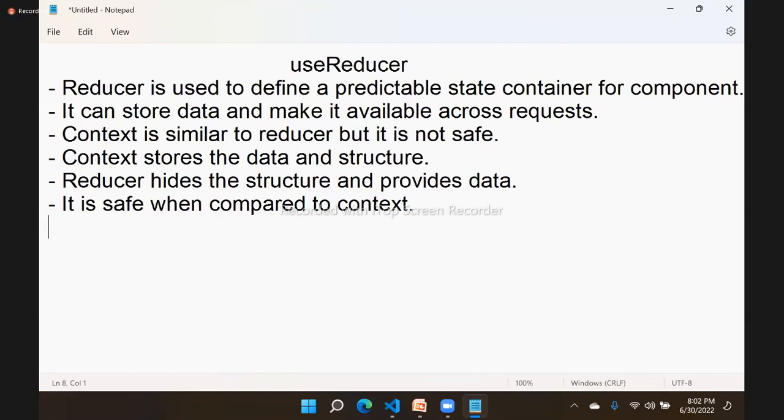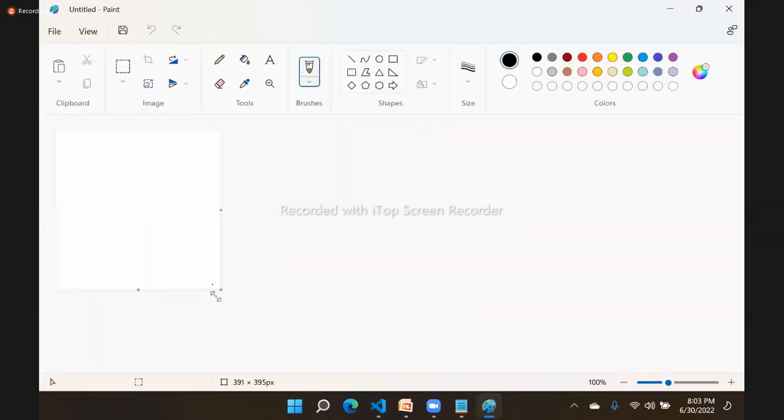Now, in that case, reducer is better. No, reducer is not always better. Why is reducer not better? Because it is an external library again. Using an external library, for example, if I ask you a question like, suppose I want to